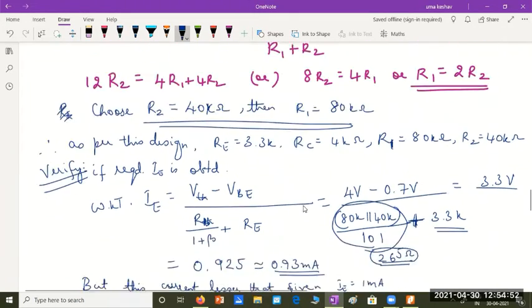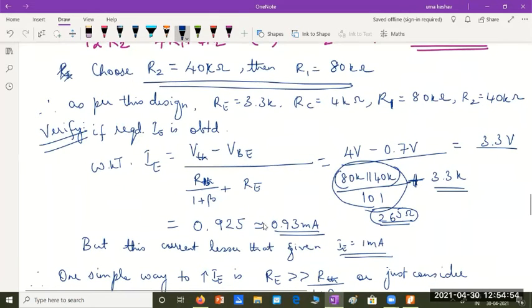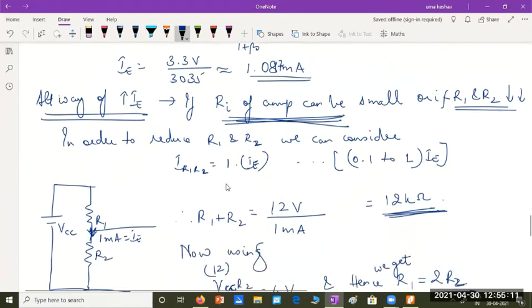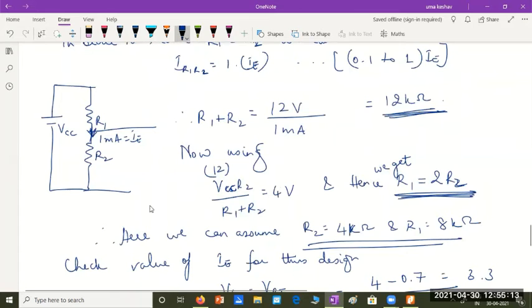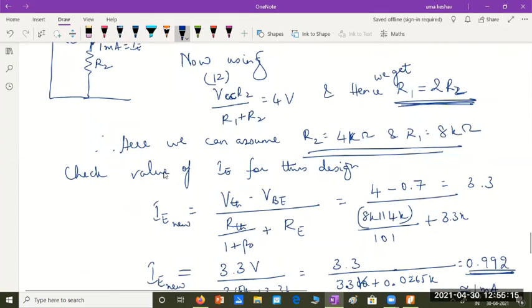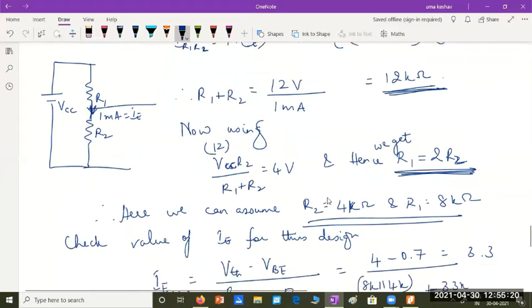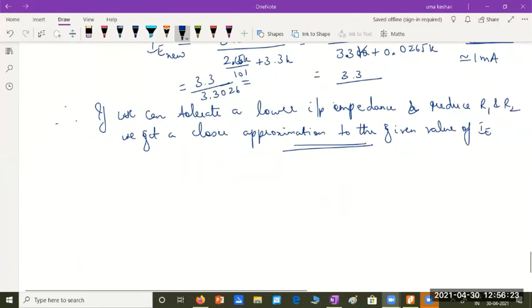It's not wrong if you choose design 1. You are getting a little farther away the current, but still this design 1 is suitable if we want a larger input impedance. If R1 and R2 values have to be larger, then design 1 is more suitable in such a circuit. Loading effect will be avoided. Whereas if I can tolerate a lower input impedance, I can use a larger current in this voltage divider network, which will result in.